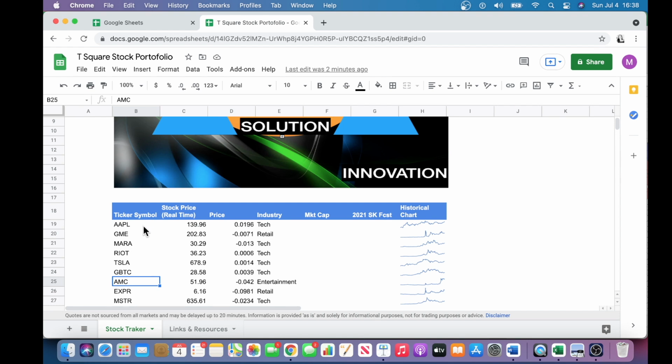If we hop back to the stock tracker, you can see that I have Apple, and the stock price for Apple is currently $139.96. The formula is fairly simple, so you just do =, Google Finance, open parentheses, and then just enter the stock symbol. You need apostrophe and close apostrophe again, and then close the parentheses. And that is the stock price real time for Apple. And also the industry, the market cap, and also I have the historical chart formula, which you can integrate with